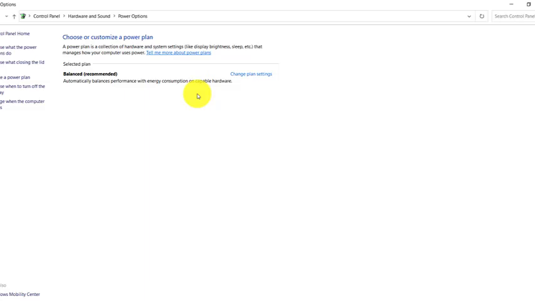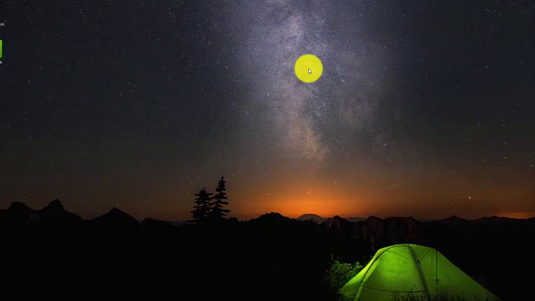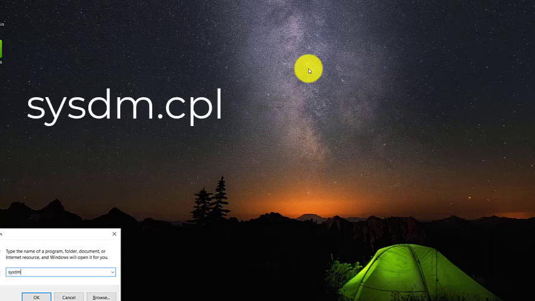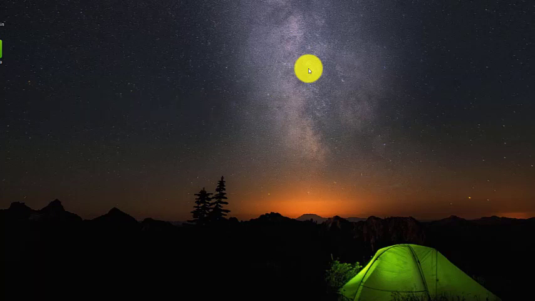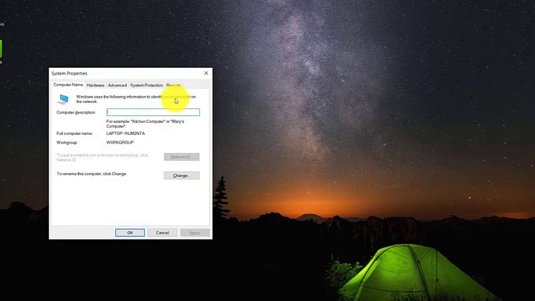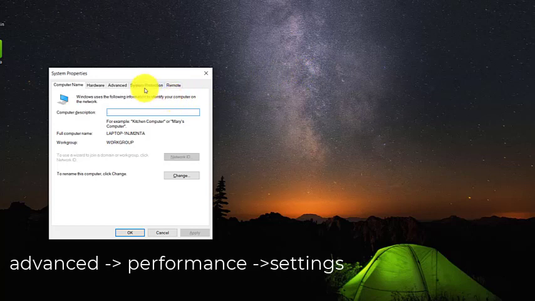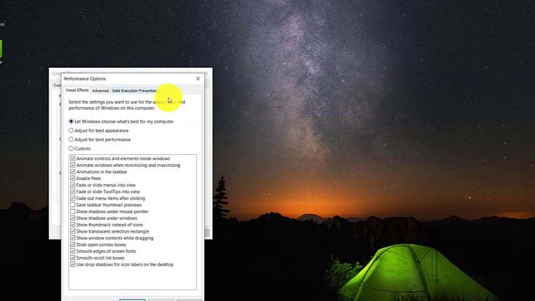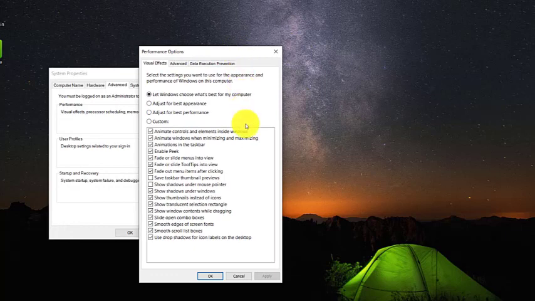Now moving to the second step, we have to run a command, and that command will be sysdm.cpl. Now just click OK, and here we can see that we have come here. Now we have to go to system protection, no, go to advanced, then go to settings, and here you can see that all the boxes are ticked, so we don't need to keep all the boxes ticked. Many of the things which load on your PC, I'll tell you all of that. So this is the very first option, just make sure to untick all the options which I untick.